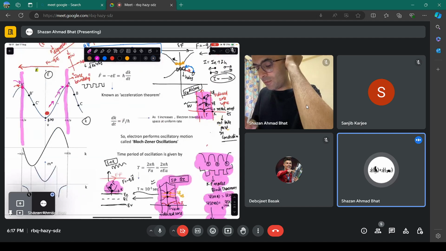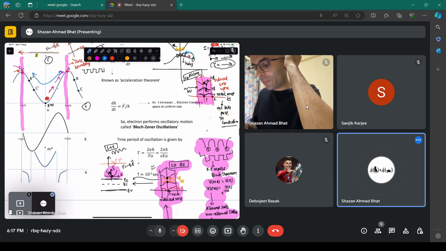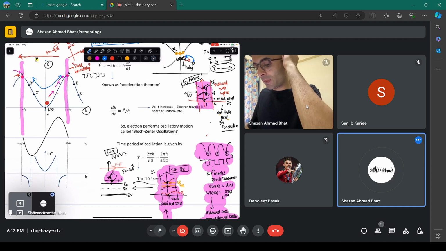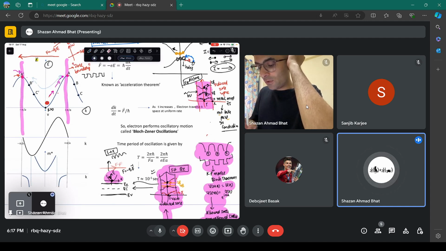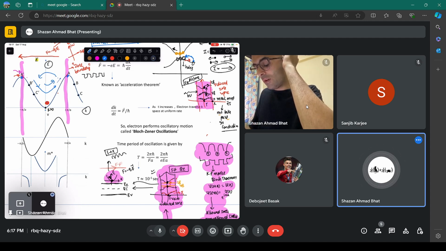So due to symmetry, the electron appears back here. Now that particular oscillation happens for the electron around this parabola when there is an external field present. The electron always wants to go opposite to the field, and that's why it wants to go here. It reaches here, it appears here, and this oscillation goes back and forth, back and forth, back and forth. And now the question is that this oscillation is